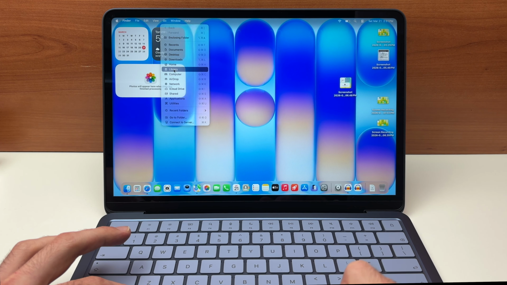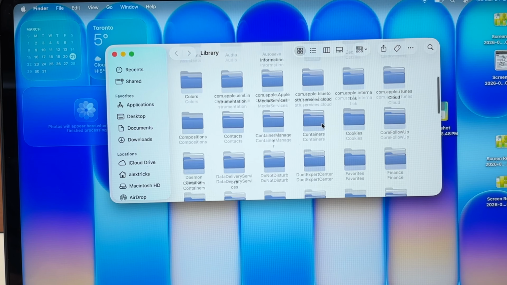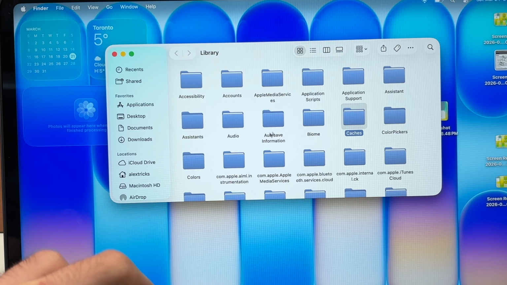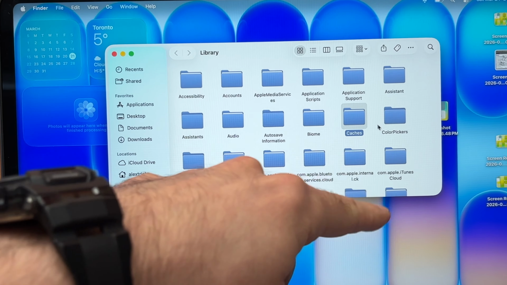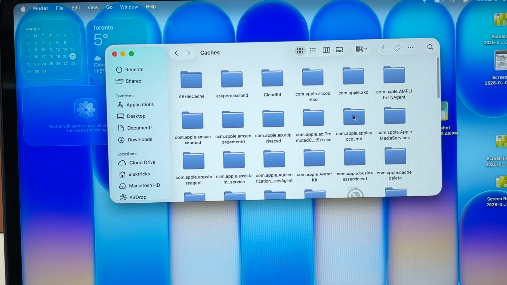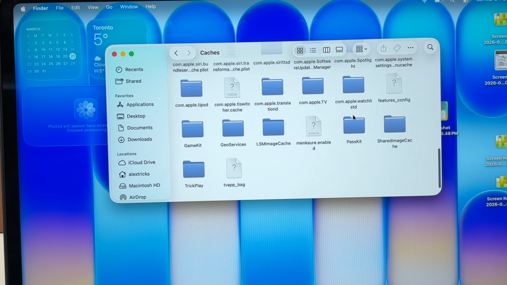Select Library, and now you need to search for the Caches folder. Okay, it's this one. There's only one of them. If you cannot see it, or it's hard for you to find it, simply type the C letter on your keyboard and it will bring you to it, or type it another time and it should be there. Once you see Caches, double click it, and here you have all the cache that is kept in the memory